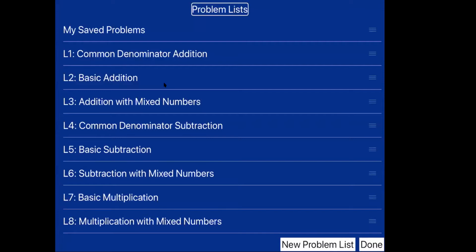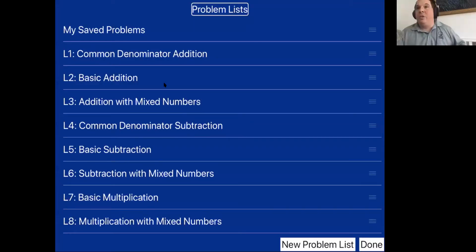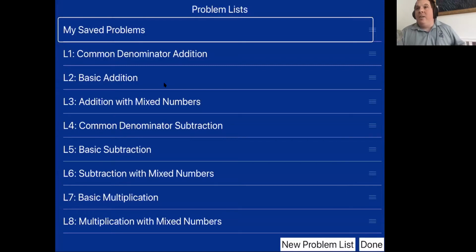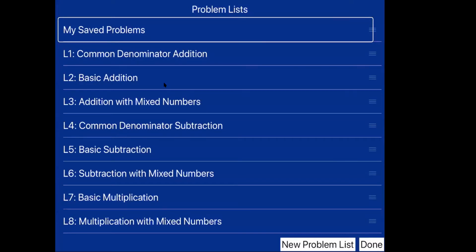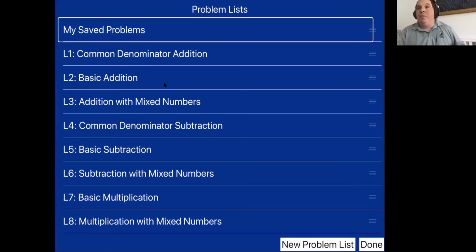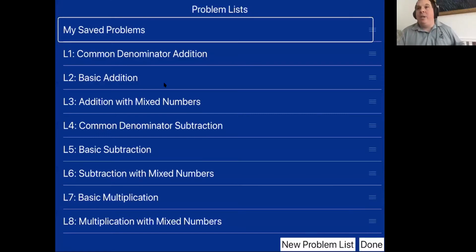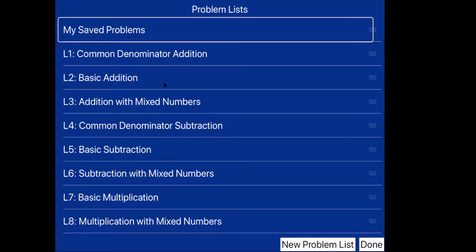Problem lists. I want to take a look at this just because I think this is actually really cool from a teacher standpoint. My saved problems. So this is my saved problems, and how this list gets created is in that free practice mode. You can actually go in there, and any problem you see that you kind of like, oh, I struggle with this one, you can save it and it will come to this list here. So I went ahead and actually saved 3 problems, and I'm going to look at those right now.